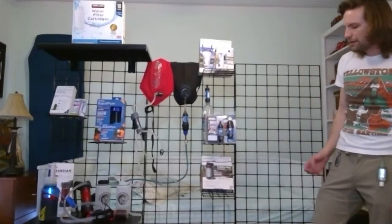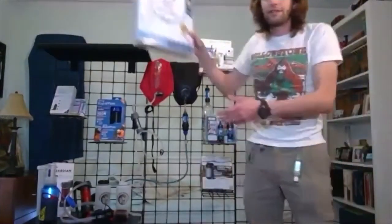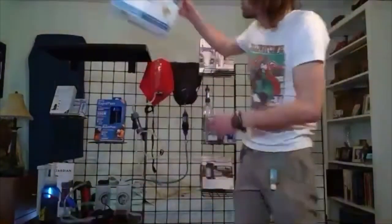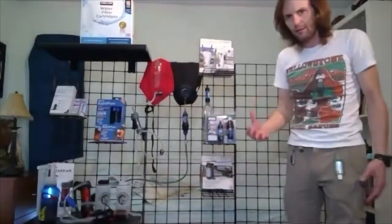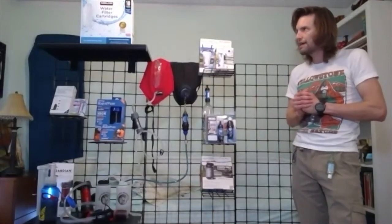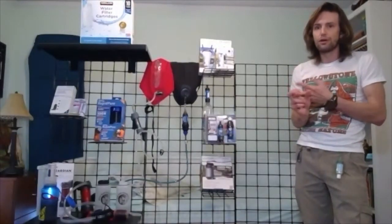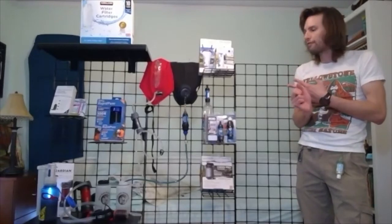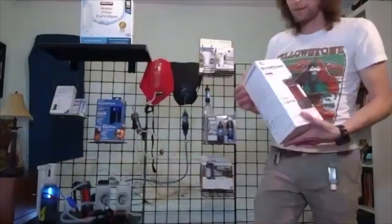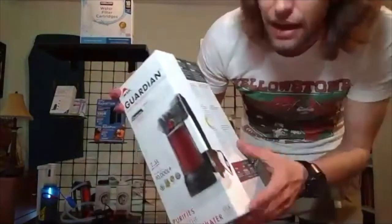Let's see. Another thing that often comes up is people will have these water filter cartridges, like for a Brita water filter or a Pur water filter that you would put on your faucet at home. You really want to be careful when you are buying those filters because they are generally made for taste and not so much taking out any bacteria, protozoa, or viruses. So when you're looking at these, you can see on this one right here, they need to meet EPA standards. This one meets military standards, and